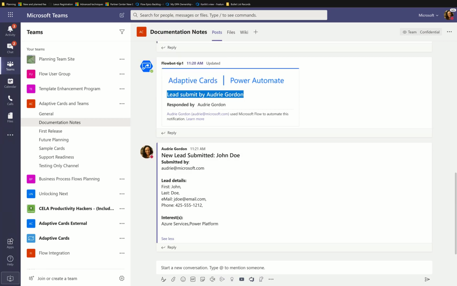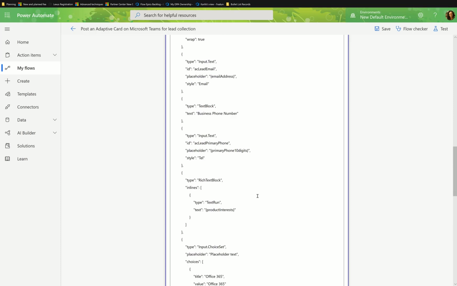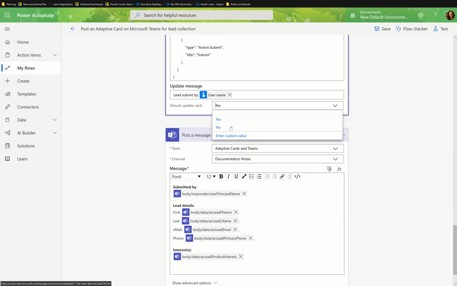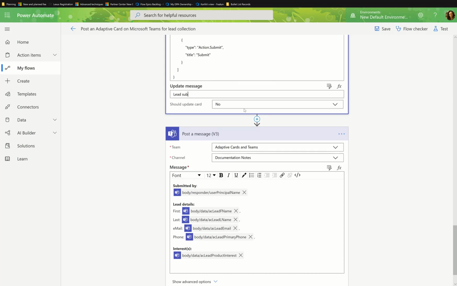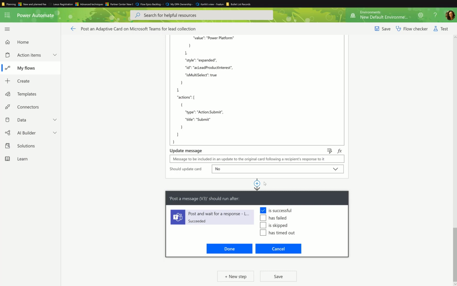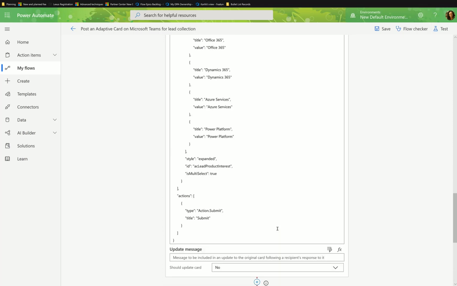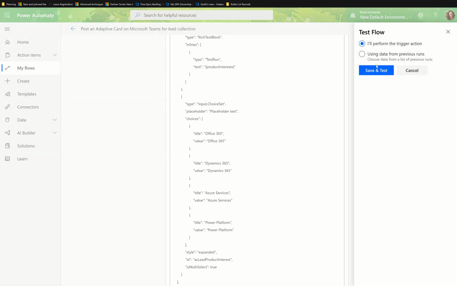Again, helpful, not required. So just to show you the difference, if I say no, which is the default, all right? So I'm going to say no here. I'm also going to remove all of this, so there's no update message, and this is the default. I'm also going to stop this from running, so I'm going to do a configure run after, and only run after if the previous one has been skipped, right? So that's my cheat to kind of silence that last action. And now I'm going to test this again,